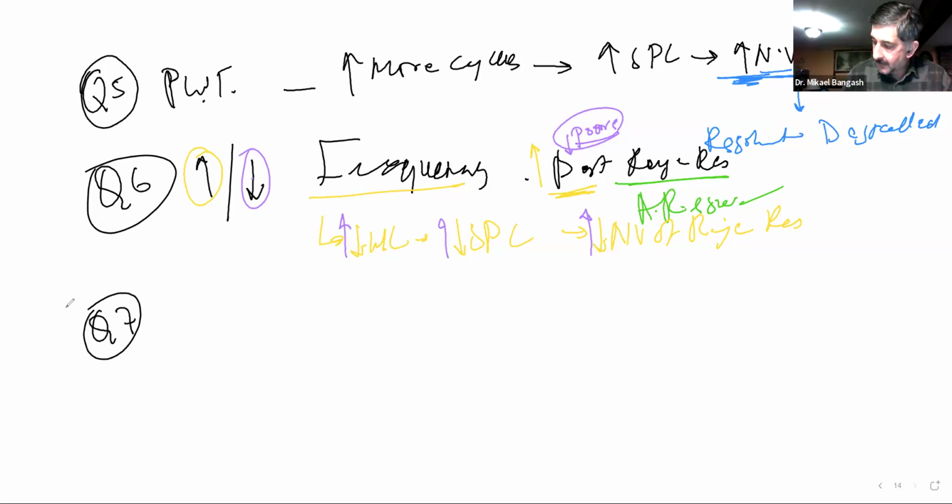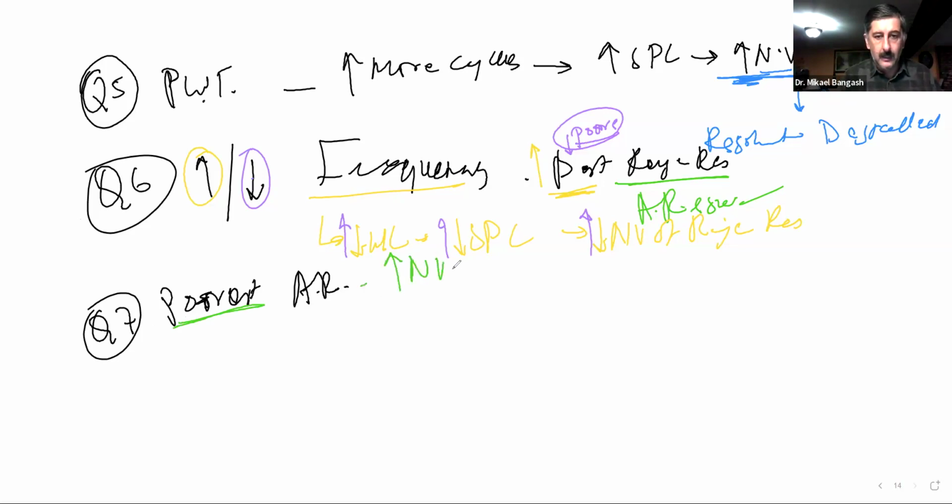Question number 7. Which of the following transducers has the poorest axial resolution? So what are we looking for? Poorest axial resolution. Just so we know what that means, it means that we have the greatest numerical value of axial resolution. What gives us that great numerical value